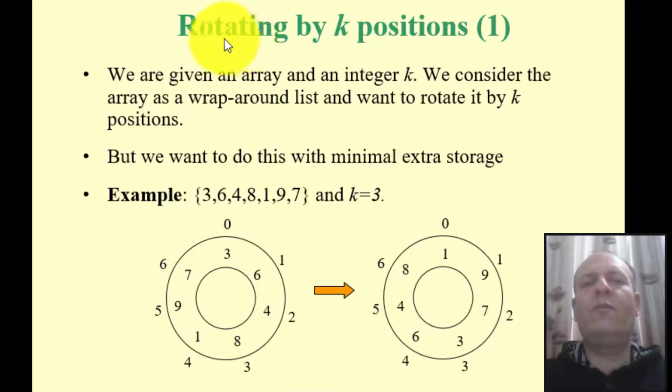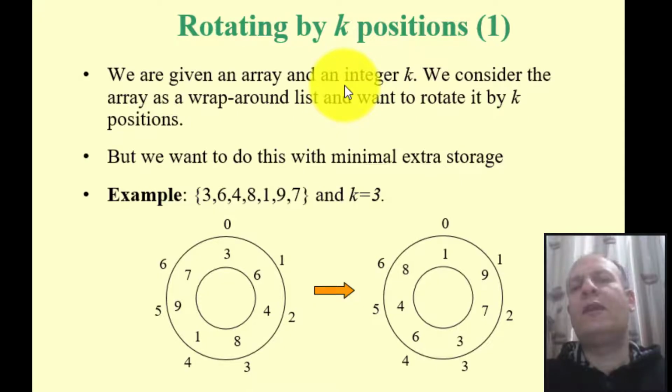Starting with the first problem, rotating an array's elements by key positions, or rotation by key positions. So what is the problem? The problem is we have an array and also we have an integer value key. Key must be smaller than the array size. So how can we shift the array elements to the right-hand side by key positions? This is the problem. Again, how can we shift the array elements key positions to the right-hand side, considering